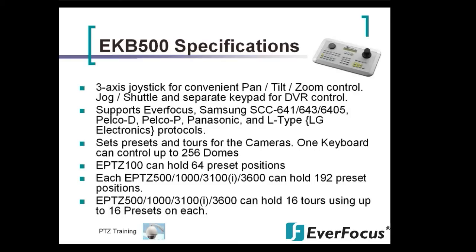With the keypad, the EKB500, you are able to set presets and tours for the cameras, and one keypad can control up to 256 domes. Okay, and like I said earlier, the EKB500 can help you set up presets in the EPTZ100 that can hold up to 64 presets. And the EPTZ500, 1000, 3100, 3100I, and 3600, each camera can hold up to 192 positions. And the 500, the 1000, the 3100, the 3100I, and the 3600 can all hold up to 16 tours using 16